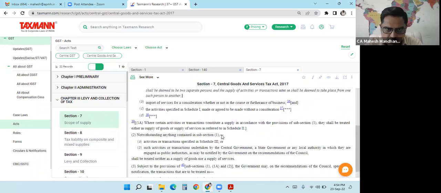For Schedule 2, if you see sub-section 1A of Section 7, it tells that if certain activities are treated as a supply in accordance with sub-section 1, then they shall be treated either as a supply of goods or as a supply of services as referred to in Schedule 2. So Schedule 2 provides mandatory classification of certain transactions either as services or as goods. Now coming to Schedule 2,